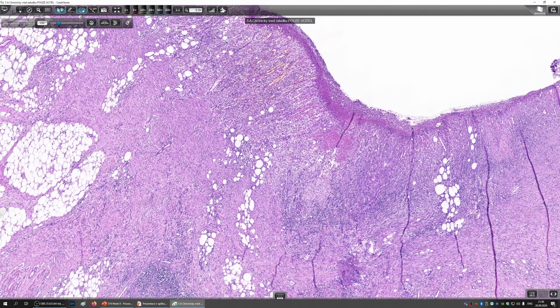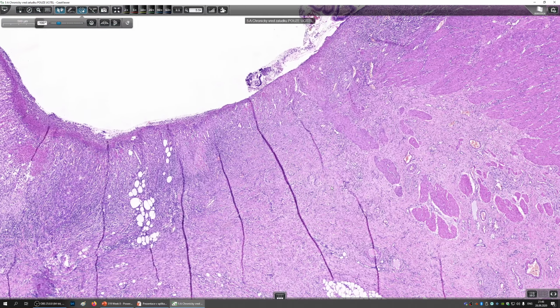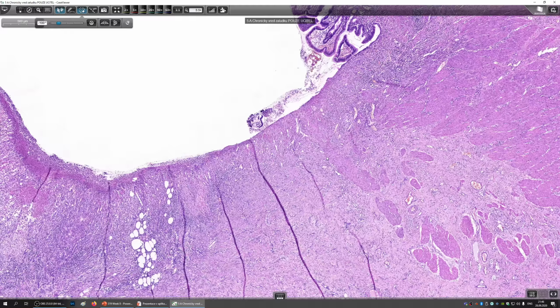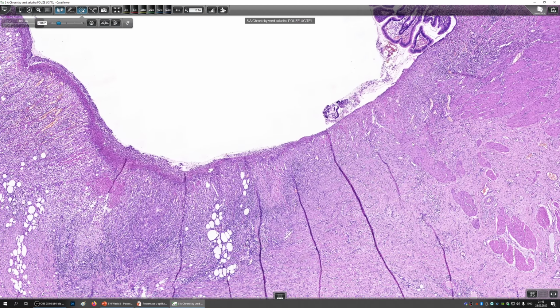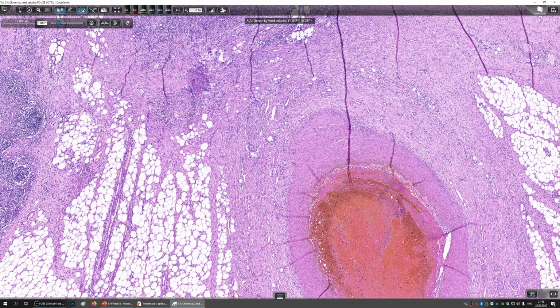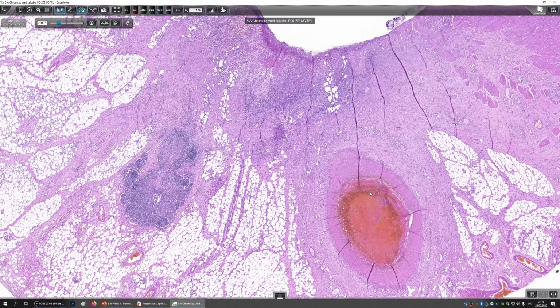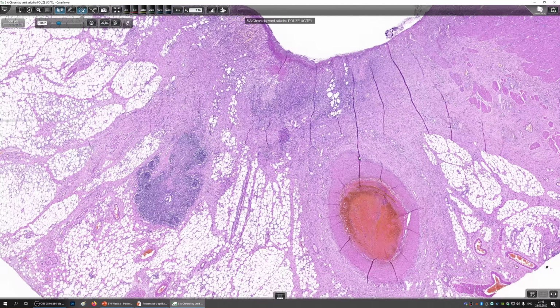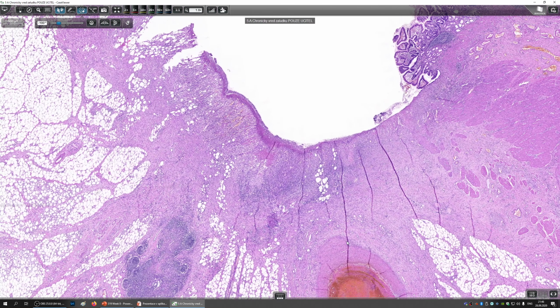No matter how much scar tissue has been developed, the chronic inflammation was going on and couldn't be stopped. And unfortunately, in a different section, not in this one, the ulcer has managed to reach this big artery, and this caused the bleeding. So as you can see, gastric ulcers are quite important, and